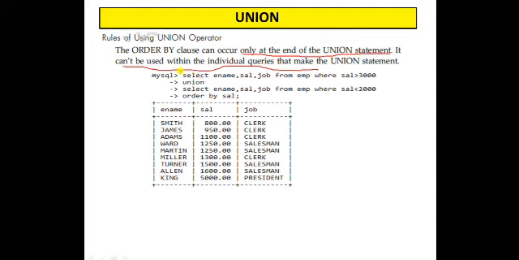If you see this query, this is the same query which we did in the previous slide. Select ename, job, sal from emp where sal is greater than 3000, union select ename, job, sal where sal is less than 3000. So you have done this. When you have to order them, you will not apply the order by clause here or here. You will apply it at the end. It will not be applicable to the individual query, but will be applicable at the end when it is showing you the result set. I hope it is clear.